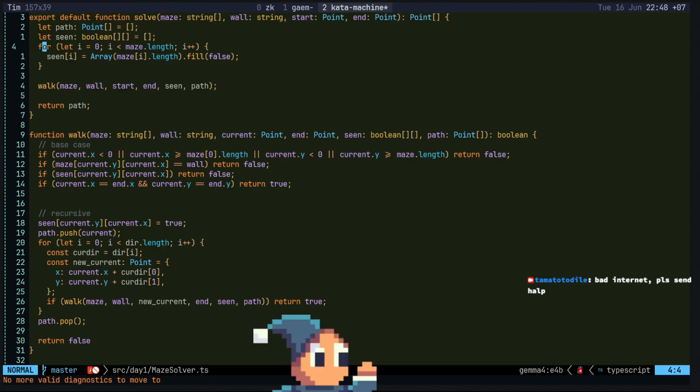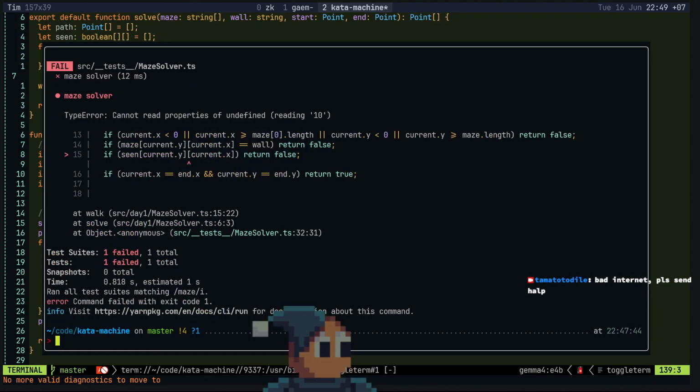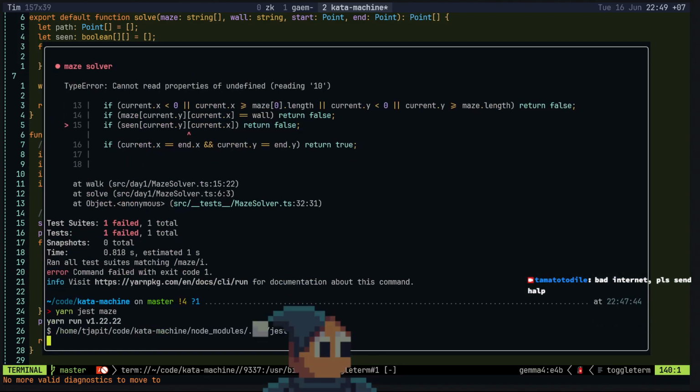So we loop through the first dimension of the array, of the maze, sorry, and then we make sure that each row is filled with false, with the string length of that row. Yep. Alright, cool.